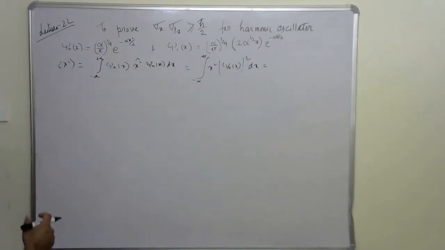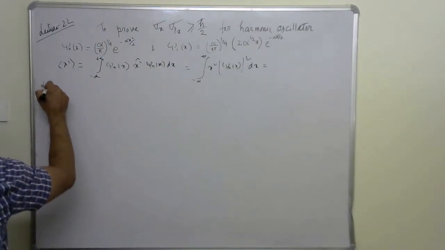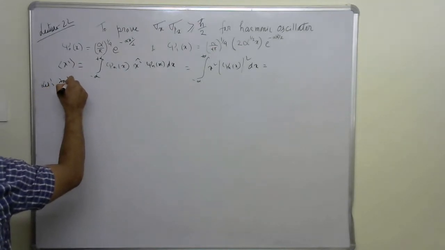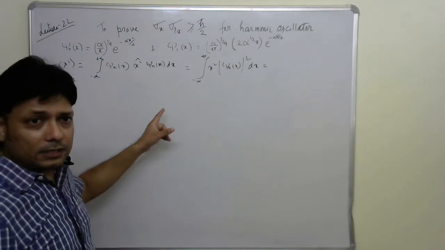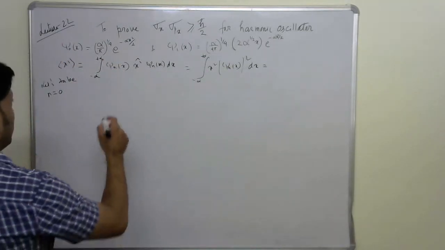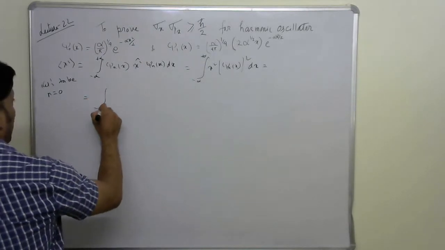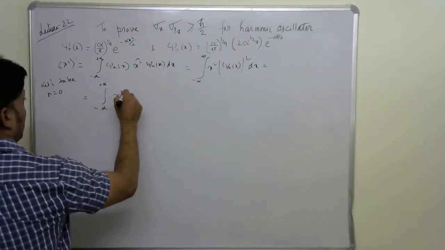Okay, so for this, first let's take n is equal to 0. Whenever we take n is equal to 0, we have to deal with this function psi 0 of x. So therefore the average of x square becomes the integral from minus infinity to plus infinity of x square,